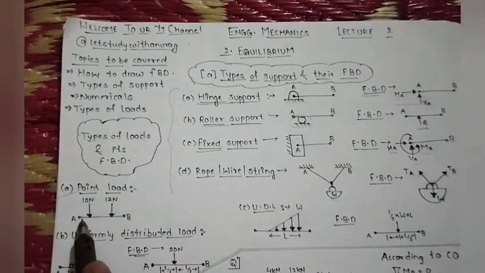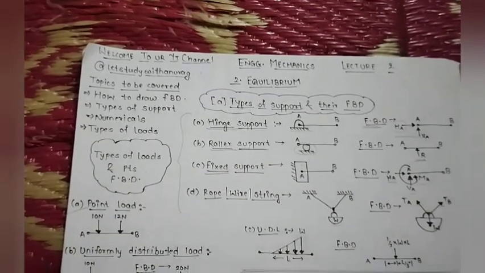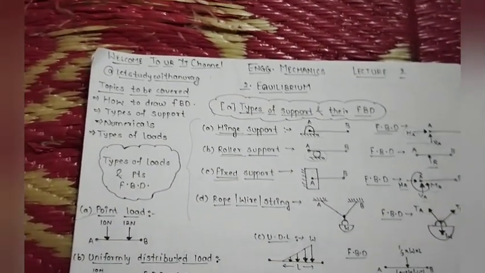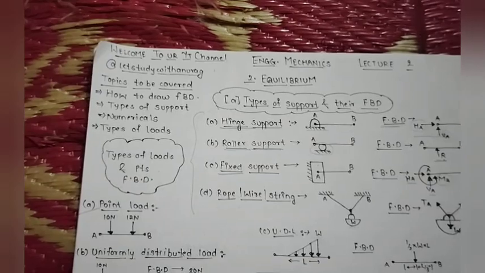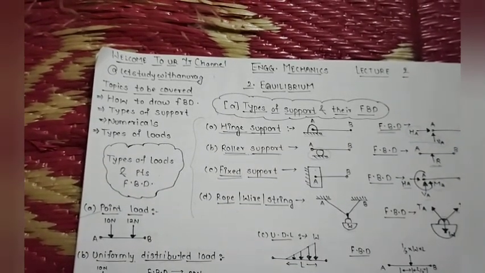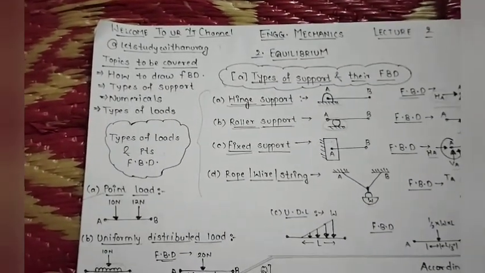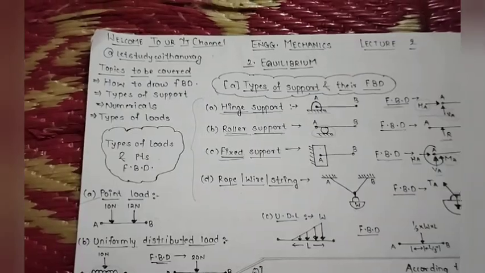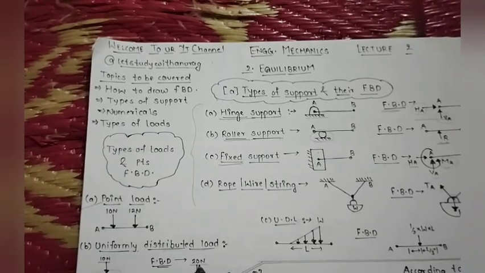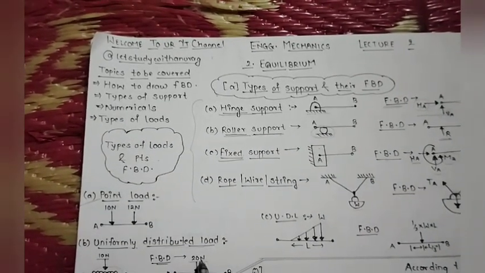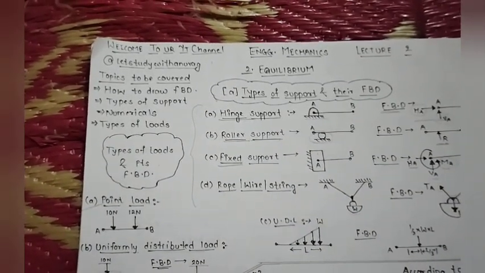So the first load is point load. Point load is very simple. It is directly given, no need to draw any extra simplification in this. The second one is uniformly distributed load. This is the diagram showing how a uniformly distributed load is seen. So this is the uniformly distributed load. For a uniformly distributed load, you have to simply multiply this with the distance as I have done here, which will be 20, and to show where this force will act, you have to divide the length by 2. So L by 2, L by 2.